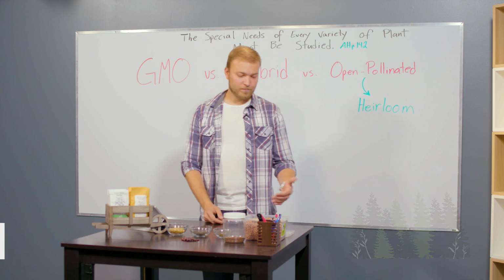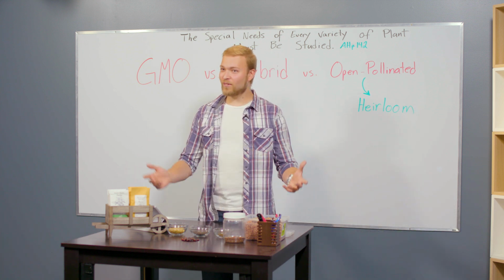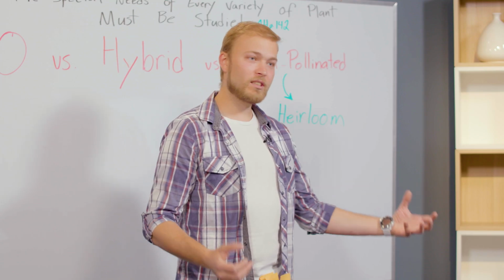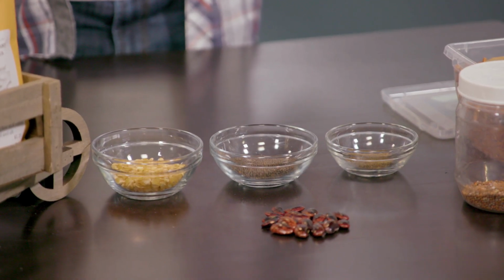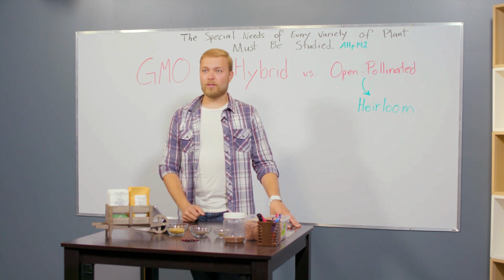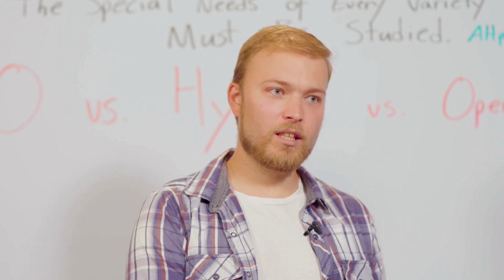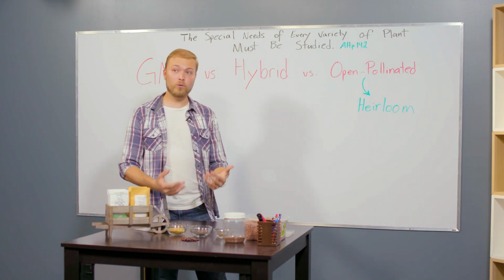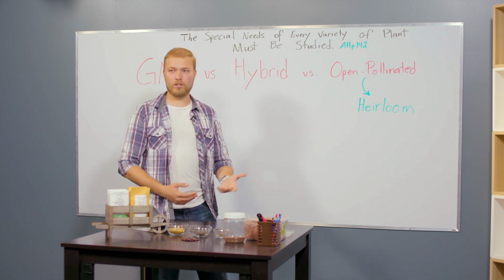Just like people. You can have 10 kids and they all look different, they all have different temperaments. It's the same with the seeds. Two different parents were crossed together, and all the offspring are going to be different. So the first time you plant that seed, you will get that variety that was bred. But past that, it's going to give you not true seed. So when you plant a hybrid, either it won't germinate or it won't produce true seed year after year, which